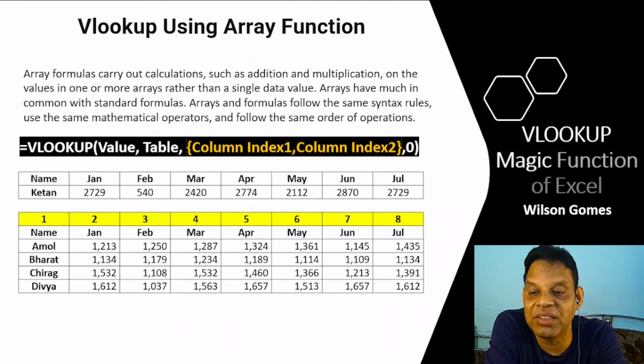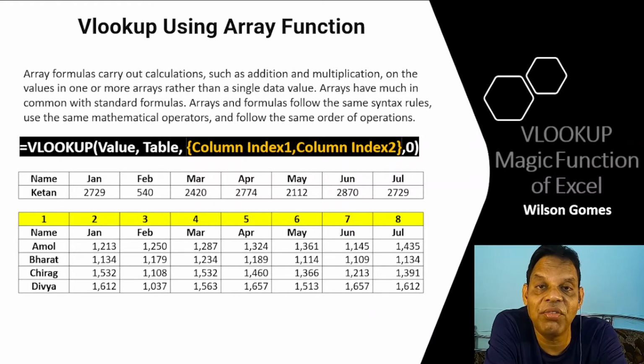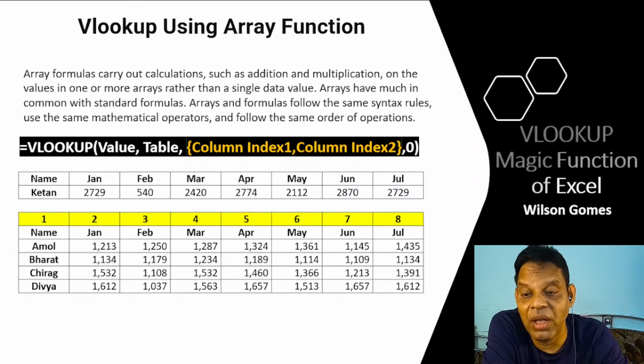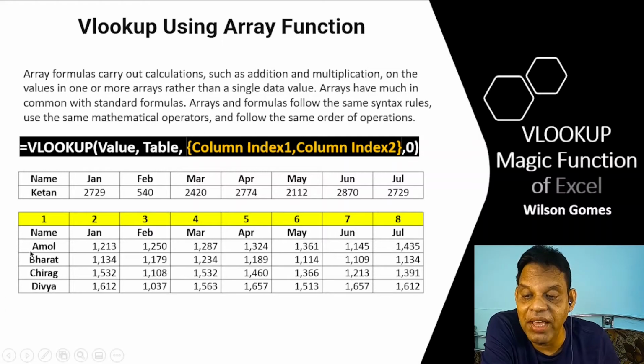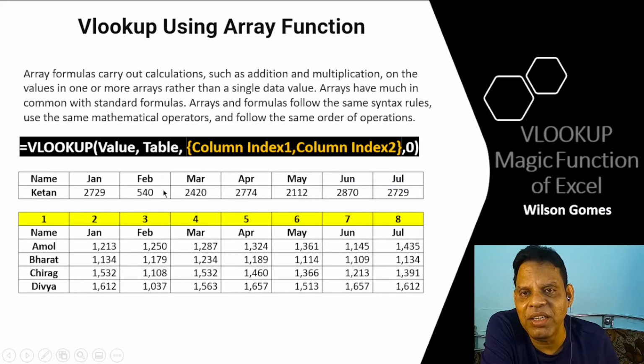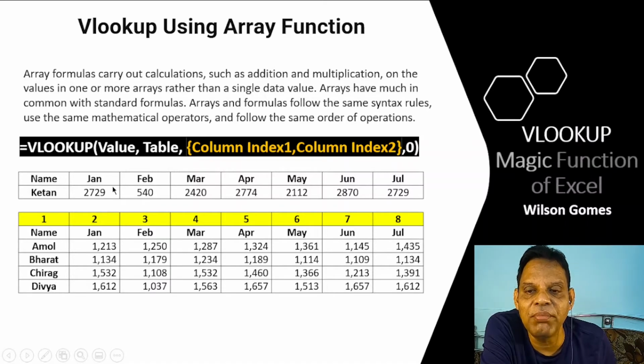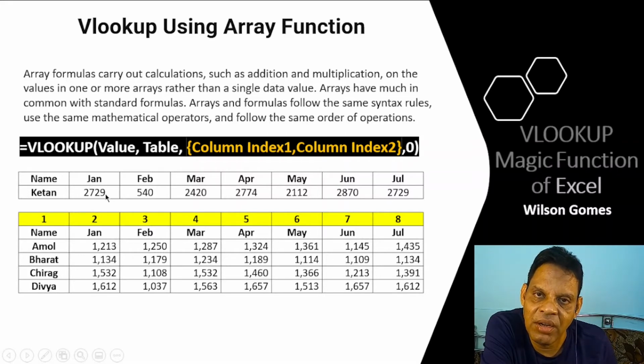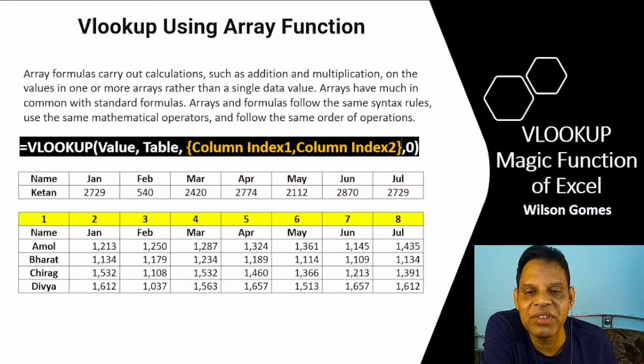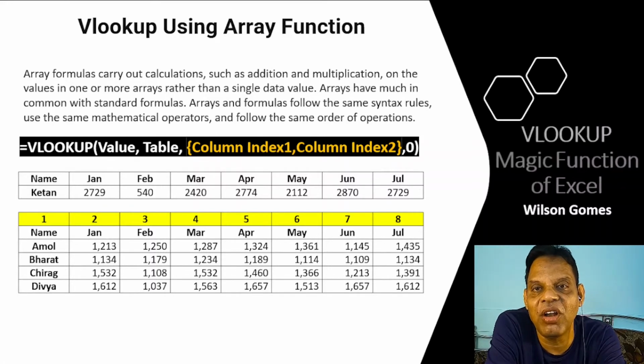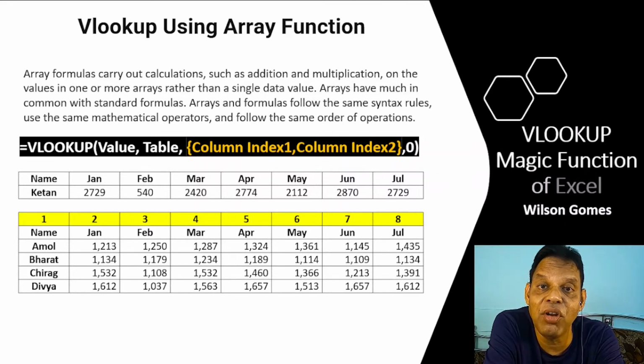And last but not the least, as I told you, this particular function of VLOOKUP will be very useful. There is a table on top giving names and months, and we want to find the values. Normally people do VLOOKUP separately, independently, column by column. Instead of that, we can do it once using the syntax of VLOOKUP with slight modification. At a time we'll get it. We need not repeat VLOOKUP for each column. I think this will be very important and very useful. It will save you a lot of time.